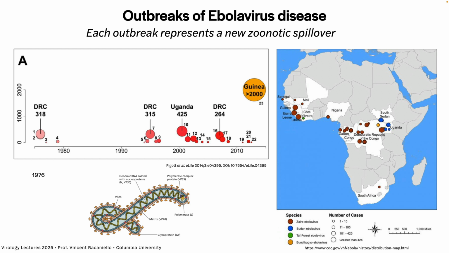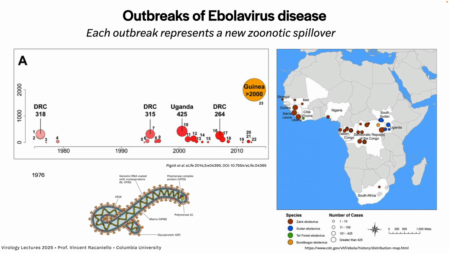All right, Ebola virus. Since 1976, we have had multiple outbreaks of Ebola virus. This is a Filovirus, an enveloped filamentous virus with a negative-stranded RNA genome. First infections in 1976 in DRC. And these spheres are roughly proportional to the size of the outbreak. You can see there have been multiple outbreaks in DRC, Uganda, et cetera, of different sizes. And then the big one in 2015, over 25,000 cases,